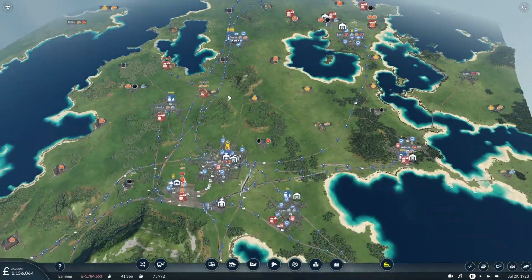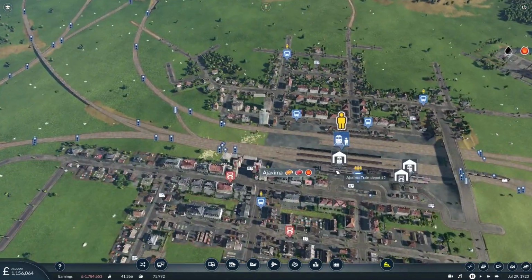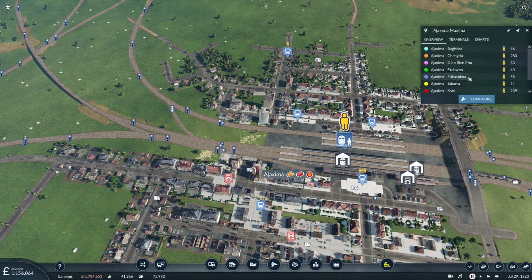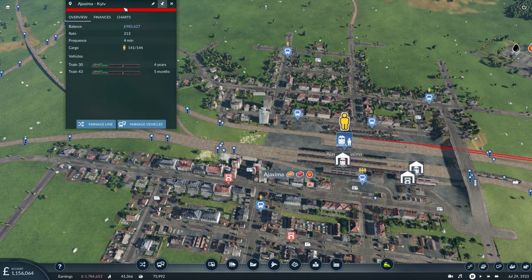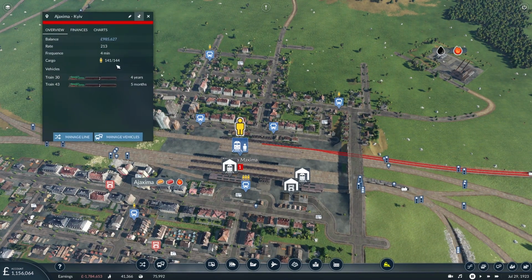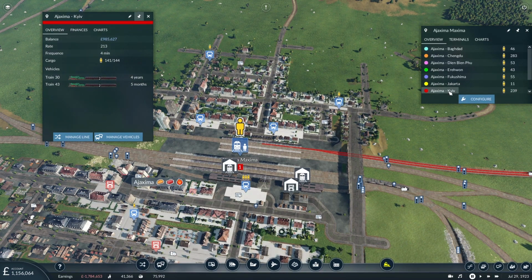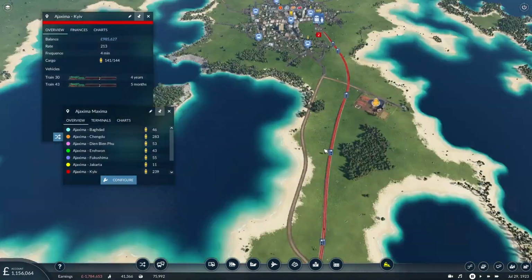What else was I looking at? Oh, I've also added, I think this is new since you were last with me, another train on the Kyiv line. Yeah, in the last 5 months, because we've got so many passengers. Look, those 2 trains are already full. We've got 239 waiting at Ajaxpost, and in Kyiv itself,